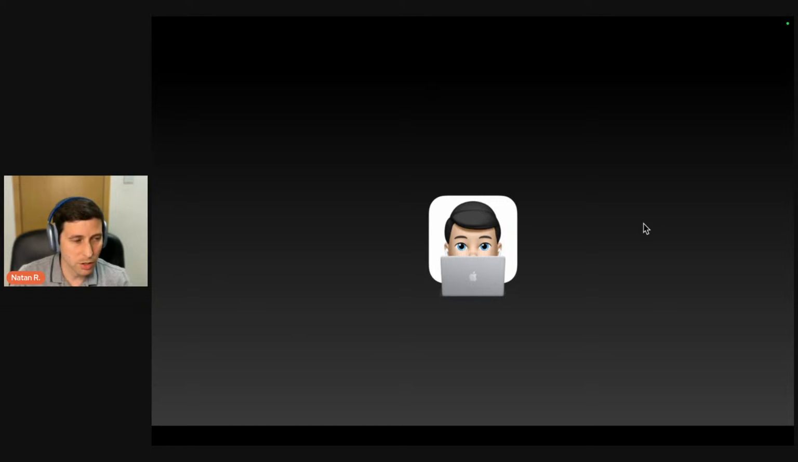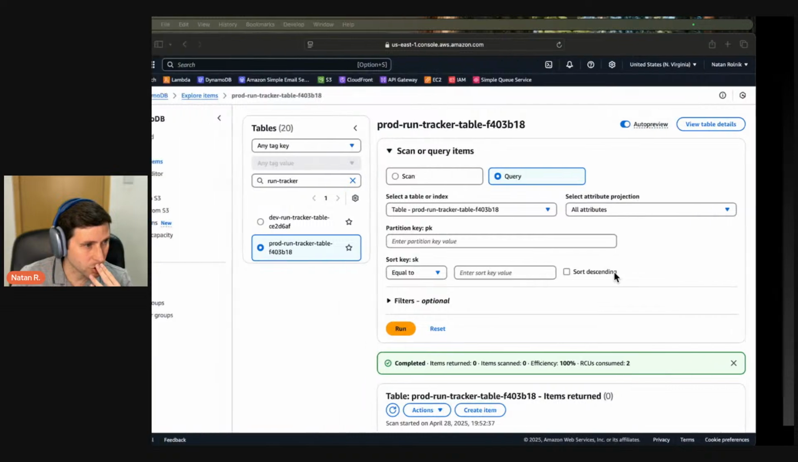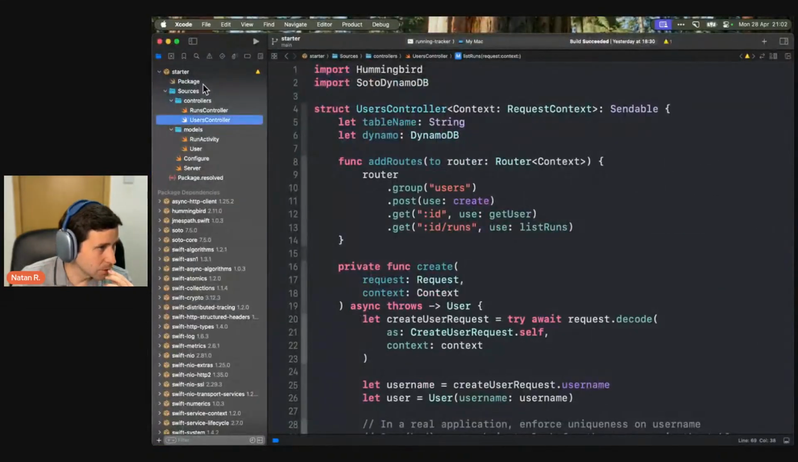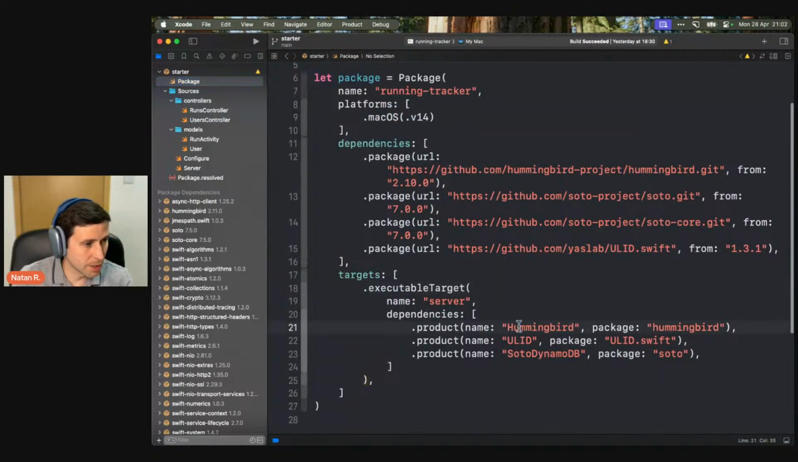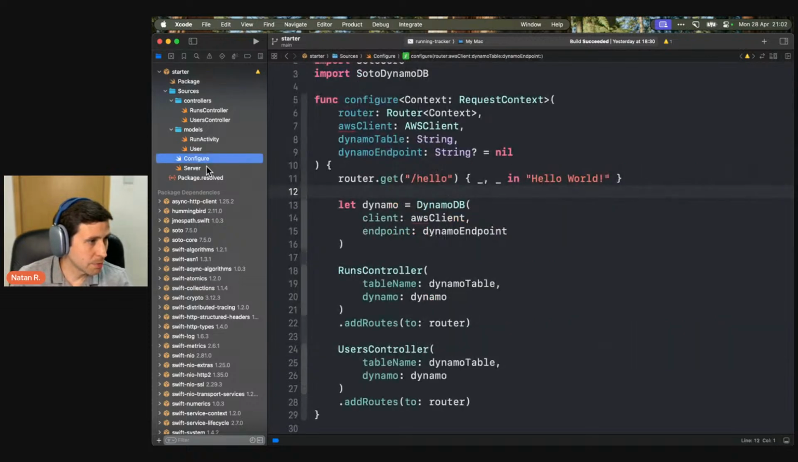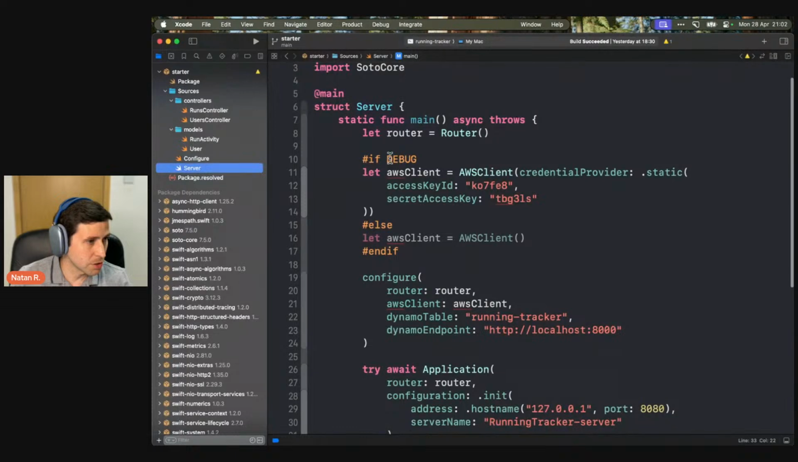So now let's go a little bit to Xcode. So I'm going to show here the sample project. I have a Hummingbird app. I have a server. You can see that this is my target, and I depend on Hummingbird and Soto DynamoDB. That's the Soto package for interacting with DynamoDB. And you can see that I have my server initialization here,